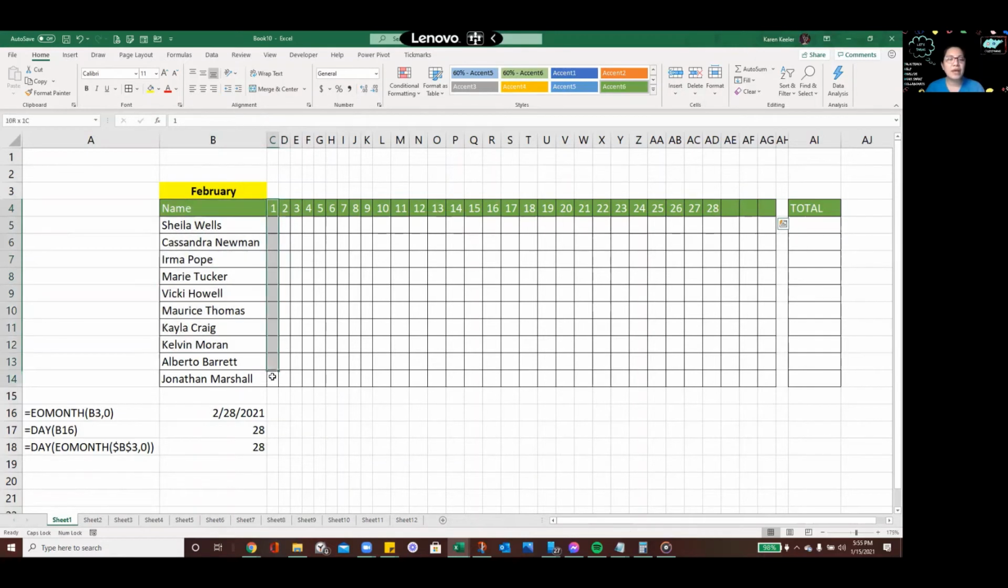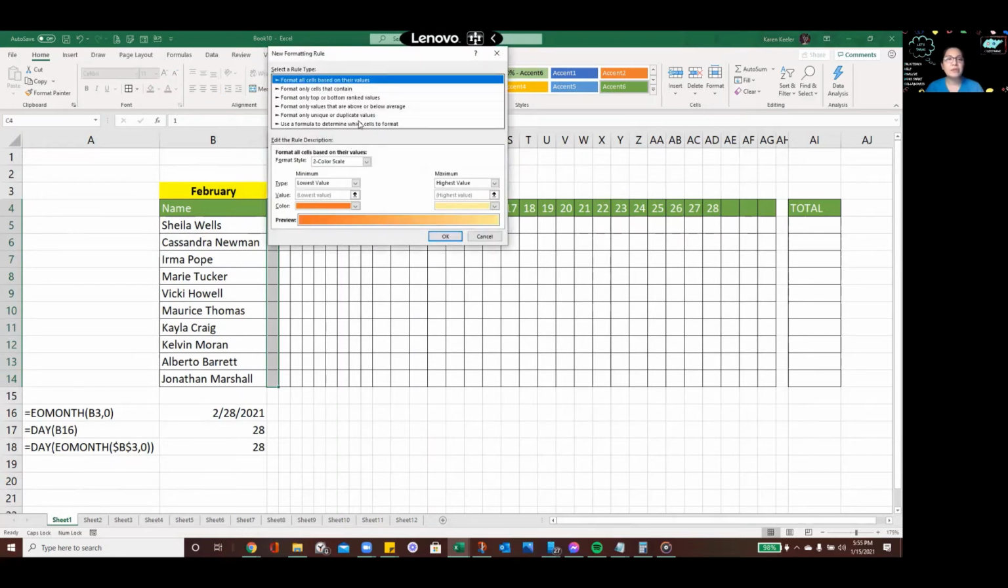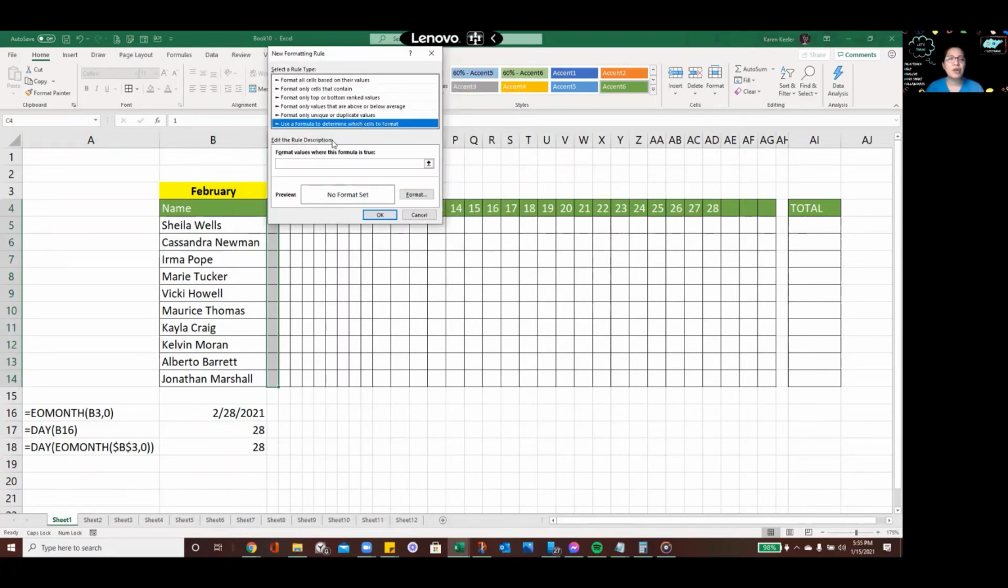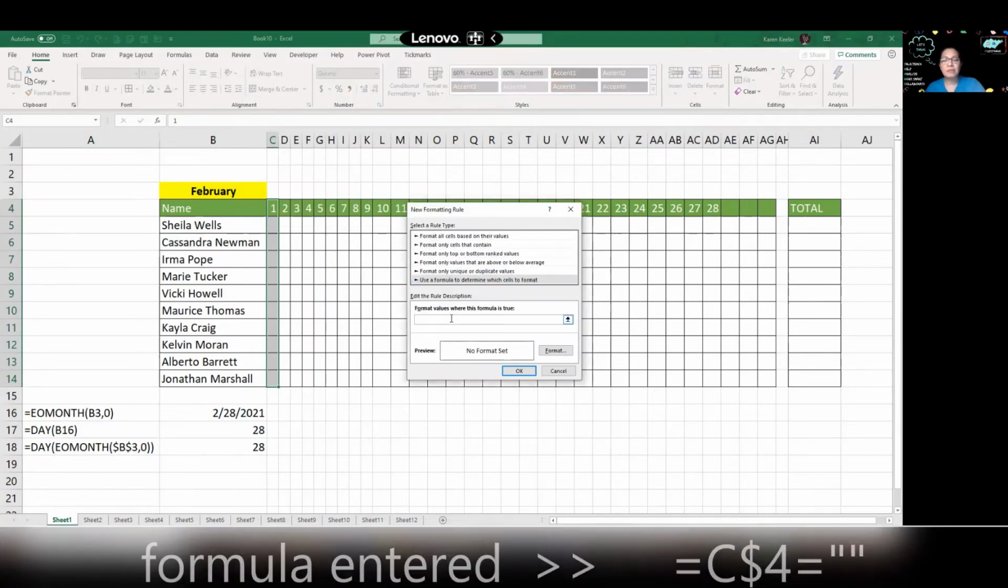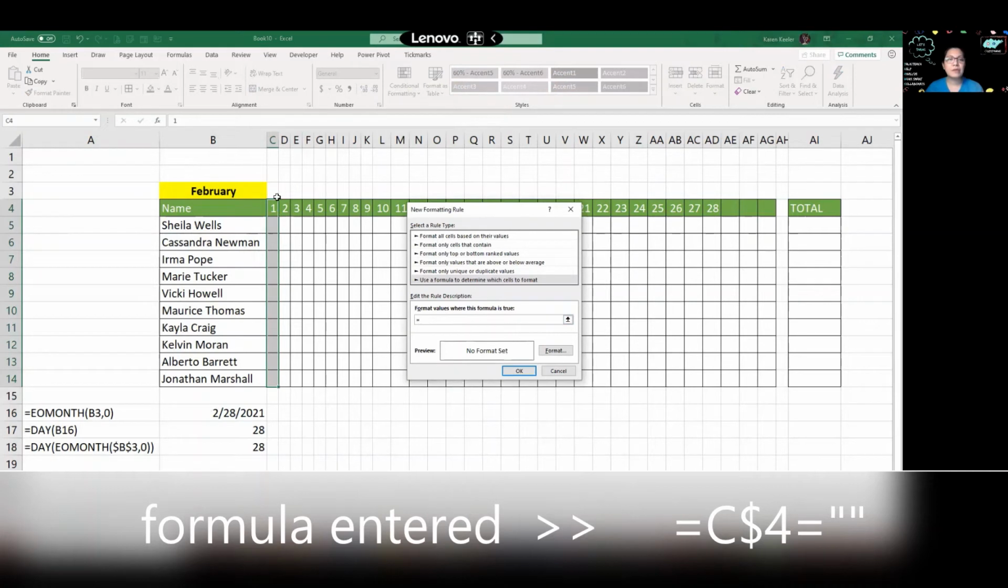You just need to highlight the whole column that is going to be part of your table. And then the next thing that you need to do is click on conditional formatting, and then create a new rule. Now, in the new rule, you just click on use a formula to determine which cells to format. And here I will just type if, this cell,